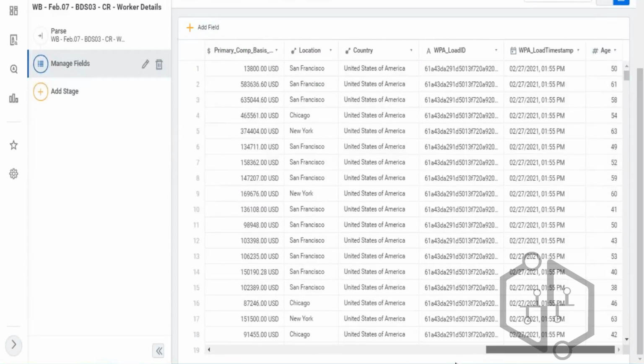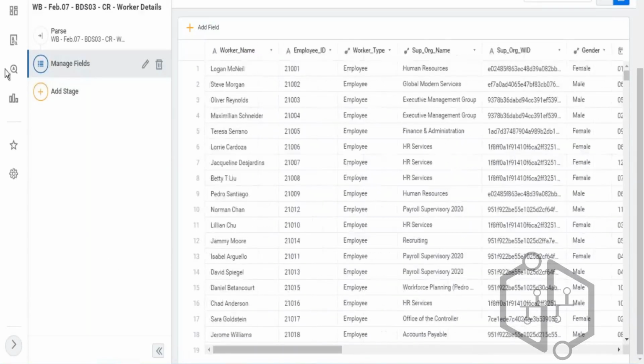Okay. Make sense? Had I not added a manage field stage, I would not even have known. This data would then have been imported into the subsequent stages, and I would not even have known that my data source has changed. Maybe by mistake someone has changed the data source, right? Because you're getting data from third party systems,